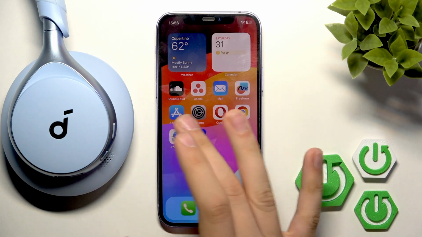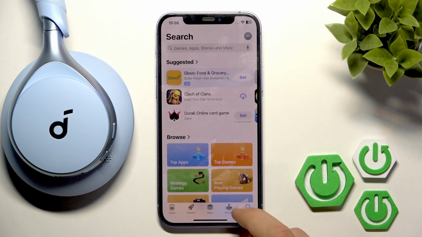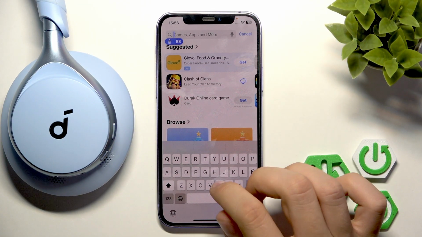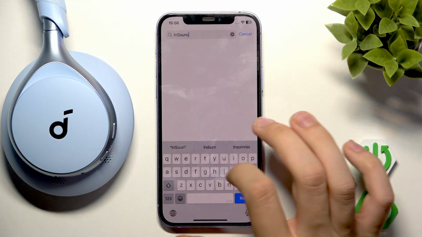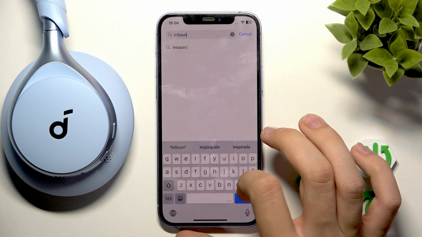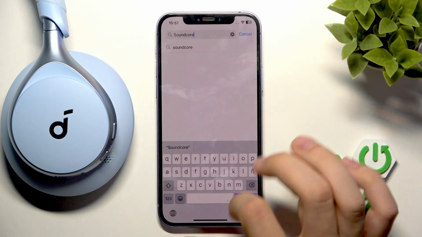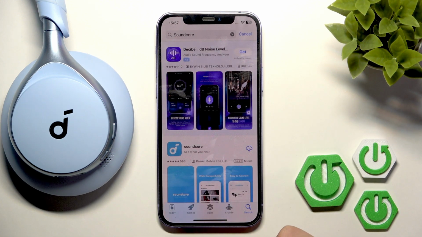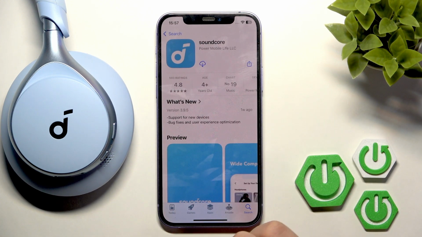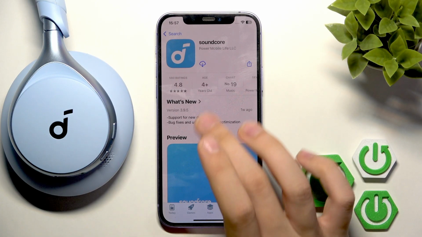So first we have to enter the App Store, and here we have to enter search. In the search bar we have to search for SOUNDCORE. SOUNDCORE and search. Here, as you can see, we have this application from Power Mobile Life LLC, and here we